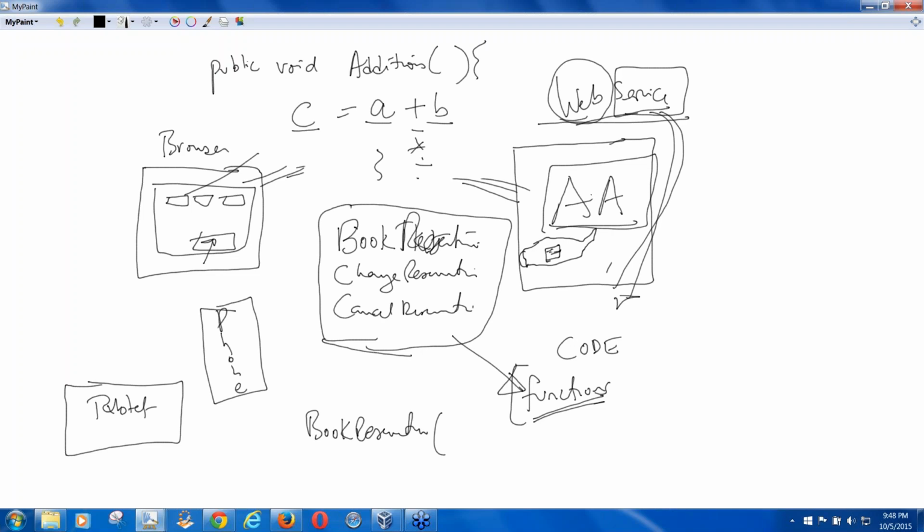And if you want the world to use this function, like from your phone, from your browser, from anyone, then you will put that function in a web service. So let's say whatever functions we have for American Airlines, these are all web services. These are all functions inside a web service, right? Just to understand a function like a book reservation,